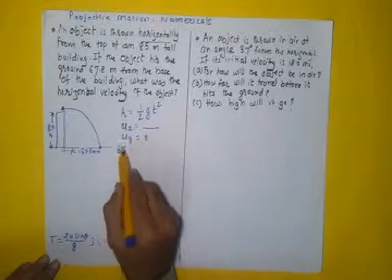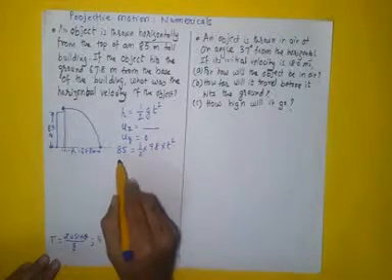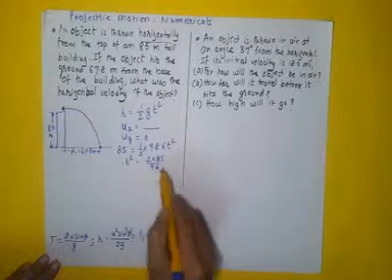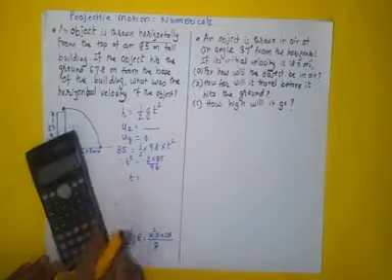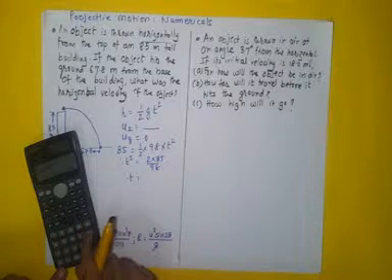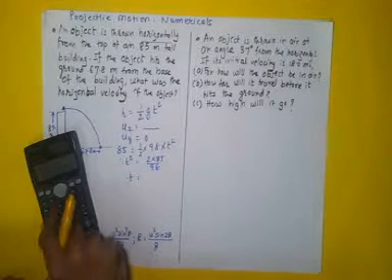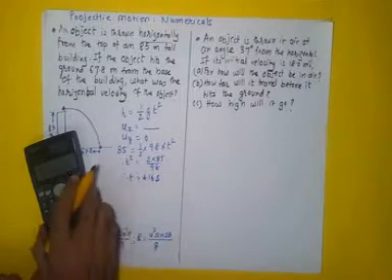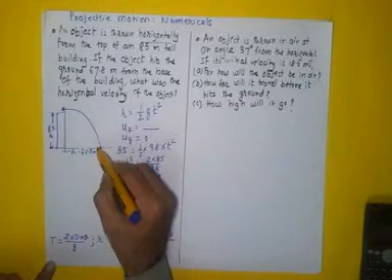Now H is known: 85 is equal to half into 9.8 into t square. Therefore t square will be 2 into 85 over 9.8, and from this I'll get the value of t. Let me actually calculate it. 2 into 85 divided by 9.8 is 17.34, and if I do the square root of that, I should get 4.16 second. So I have obtained the time the object takes to reach the surface of the